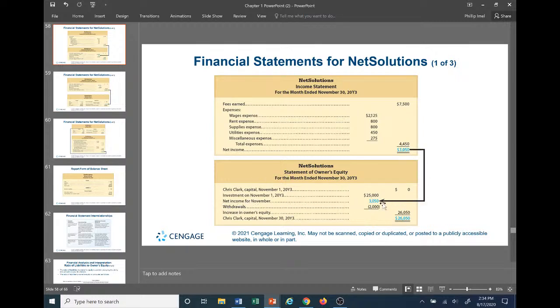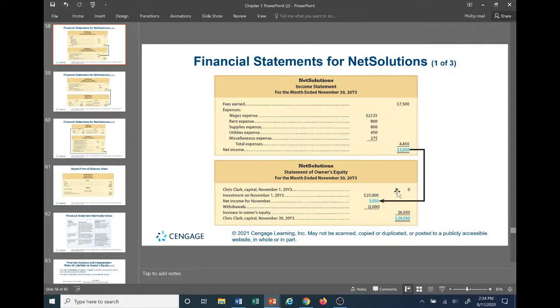which is the net income for November. So this is also going to increase it because remember, there's a direct relation between the revenues and expenses, which has a direct effect on whether it's an income or loss for the period. The income or loss for the period is then closed to the statement of retained earnings or statement of owner's equity. Okay. So you can see the net income.